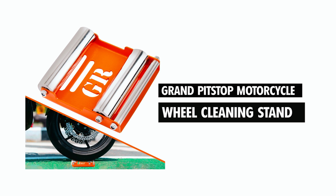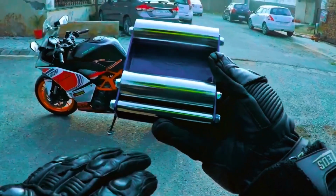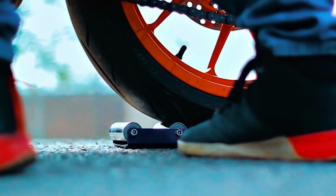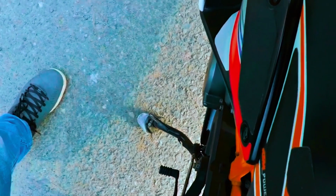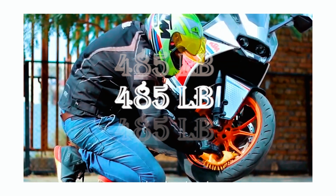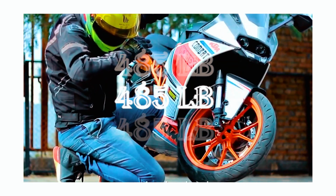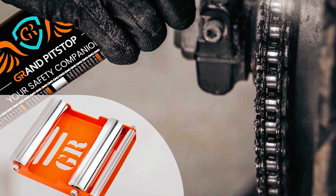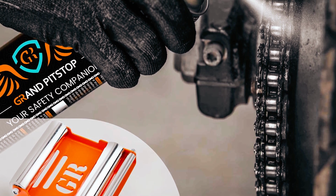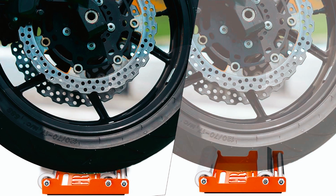Grand PITSTOP Motorcycle Wheel Cleaning Stand. The Grand PITSTOP Motorcycle Wheel Cleaning Stand simplifies wheel and chain maintenance with its innovative roller design. Constructed from sturdy alloy steel, it supports motorcycles weighing under 485 pounds with tire widths up to 180 millimeters. Featuring high-speed bearings, the stand facilitates effortless wheel rotation for cleaning and lubrication tasks, eliminating the need for bulky paddock